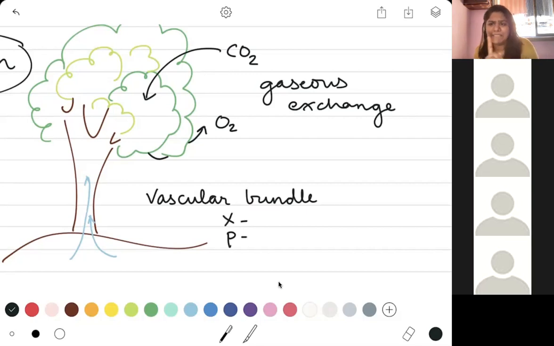People who studied with me last year, we have done this part in a lot of detail. We saw that there is a xylem, there is a phloem, and it has 4 different subunits. These subunits move the material up and down in the body of the plant. The xylem is the tissue responsible for sucking the water from the bottom, that is from the ground, like a straw. It takes the water up to the topmost shoot of the plant. But once the water has moved, it needs to go somewhere, right? So that the plant can absorb more water.